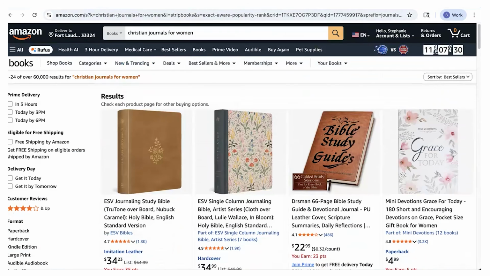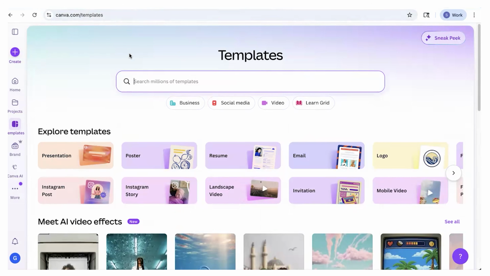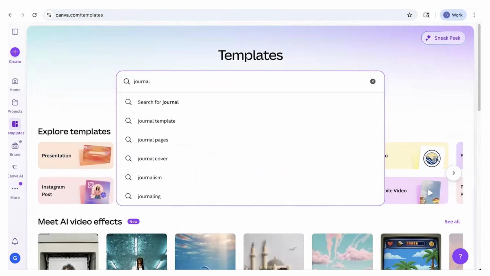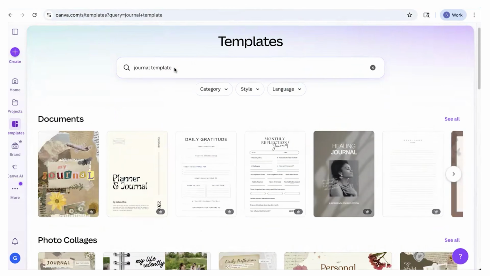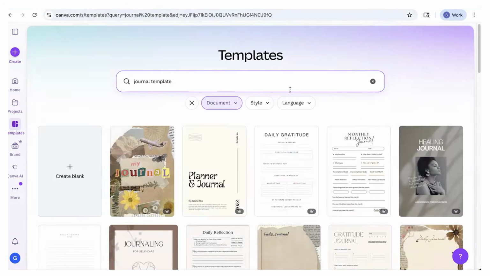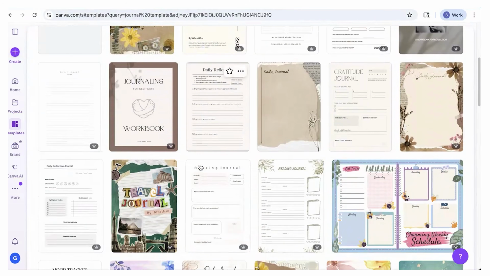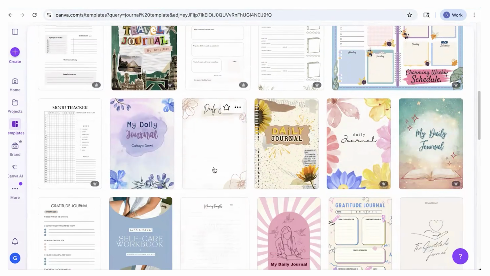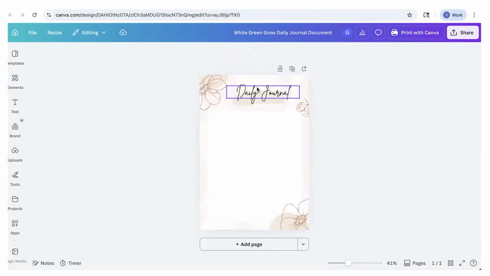So go over to Canva, canva.com/templates, and then you're going to search for journal templates. So I'm going to search journal template and hit enter. And then you're going to find something that you like that matches your brand. So I'm just going to scroll through and see, oh, this is beautiful. So it already says daily journal, so I'm going to keep that, but I want mine to be a guided